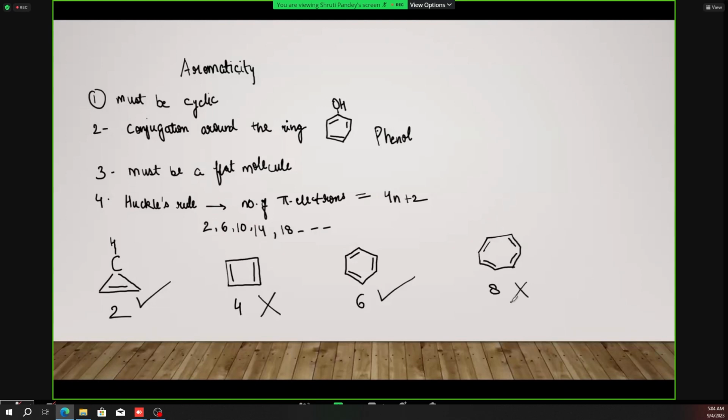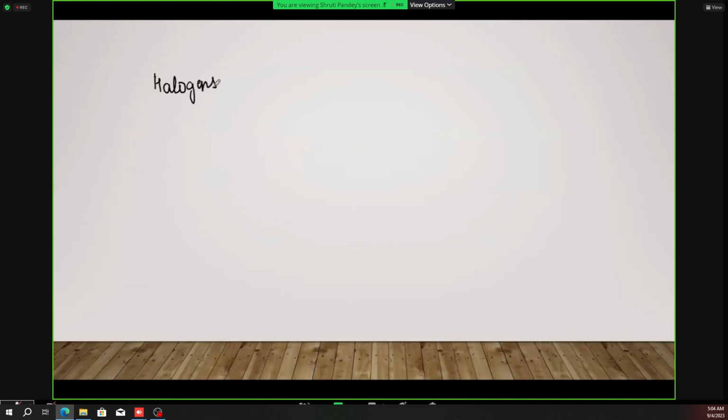So this was a general introduction about the hydrocarbons and their classification. And this is about aromaticity. Next we'll go to the halogens. So halogens are the elements which constitute group number 17, that is the second last column of the